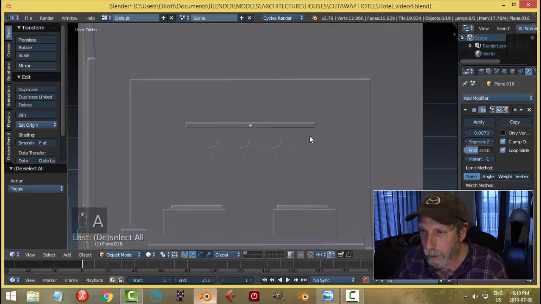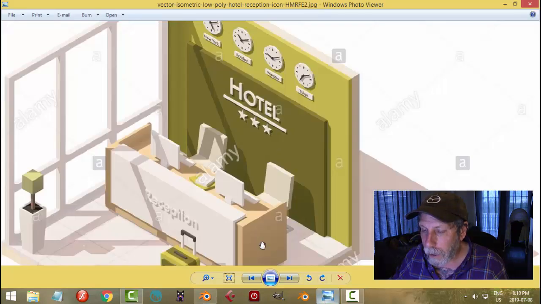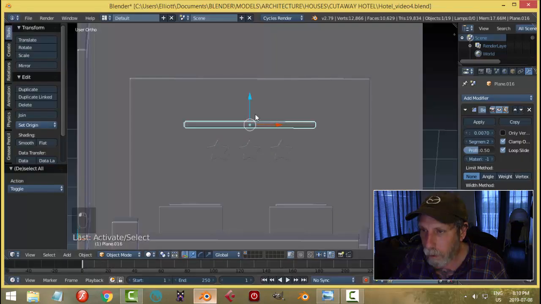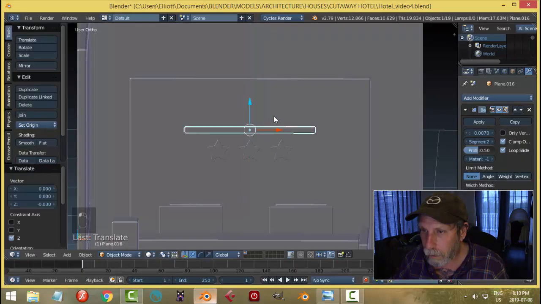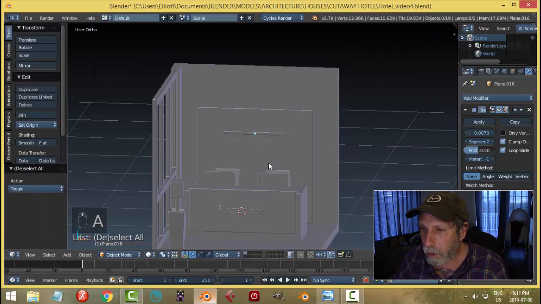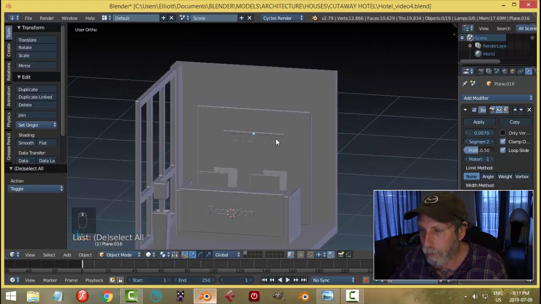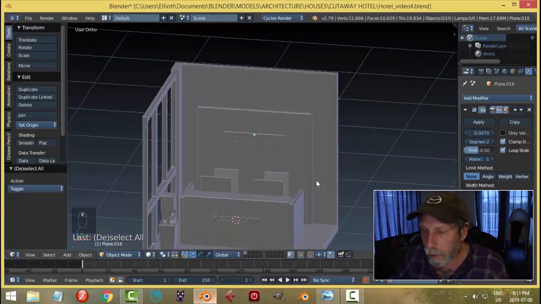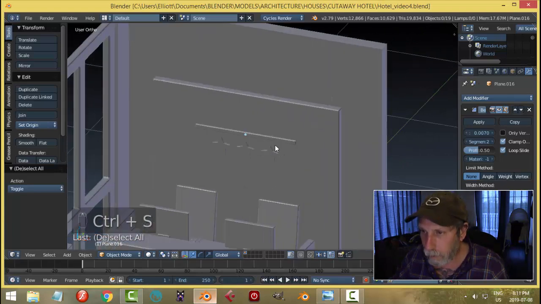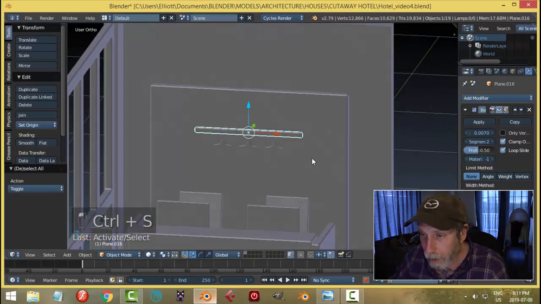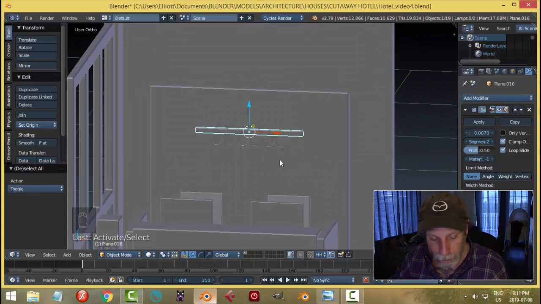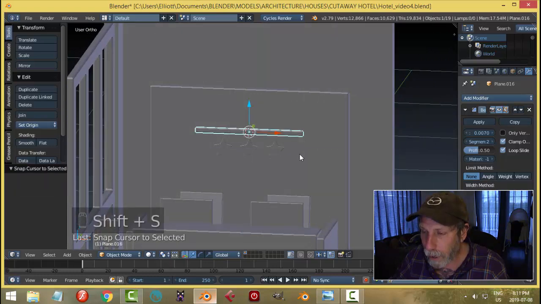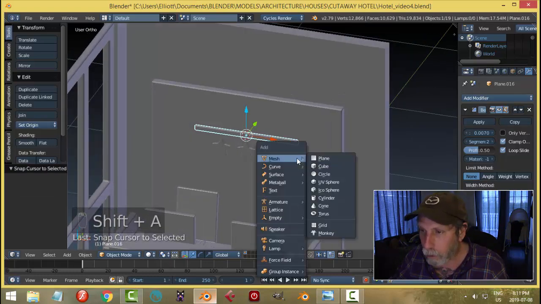Make contact, and it's going to come down more. I think like that. Let's just look at the height of it and the distance. No, you know, looks pretty good. All right. Okay, so now let's Shift S cursor to select it on that item there,